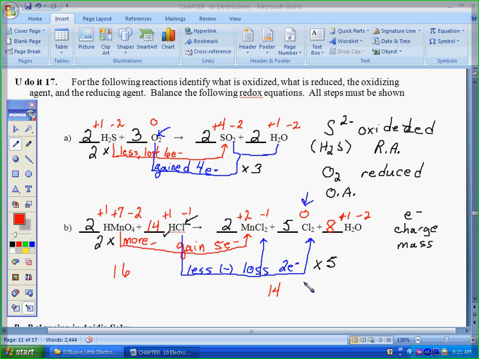Now, the next step will be in the next mimeo. It's going to be a little trickier because it's common to give you just a skeleton equation and ask you to provide the H pluses or OH minus, whether it's acidic or whether it's basic. So join me in the next mimeo clip and I will show you how to balance acidic and basic